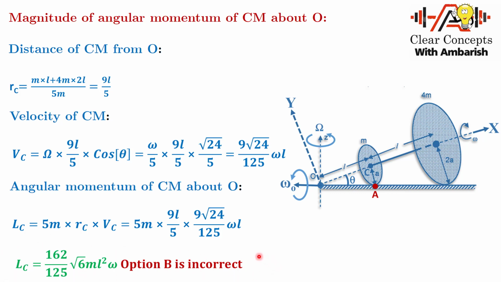So the only correct option is A, and C is conditionally correct depending on whether you are talking about the revolving frame or the translating frame. In the translating frame, option C is obviously incorrect. We found the angular momentum in the translating frame also. And if you take the revolving frame, in the revolving frame it happens to be correct. So this is the solution for the JEE 2016 problem, the EPIC problem.